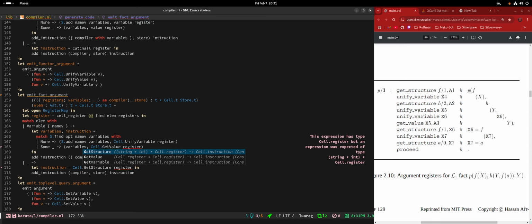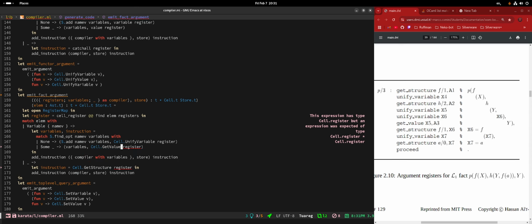we're doing the get value, and this is for the arguments, the direct arguments of the fact. Actually, I haven't even paid attention to the second thing. One moment. You're saying that the get value is getting the x5, which is the first appearance of y, which is this thing, and we are also getting the a3.